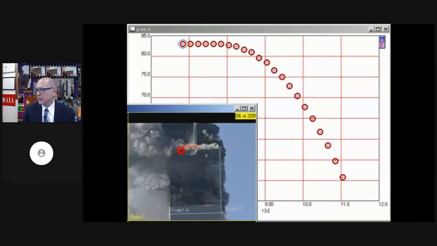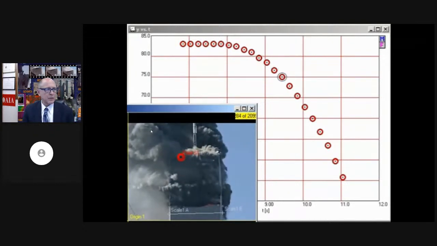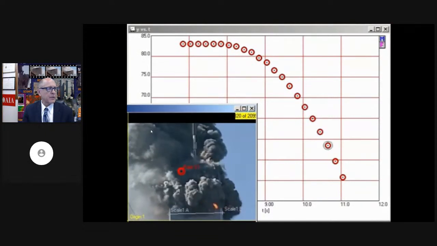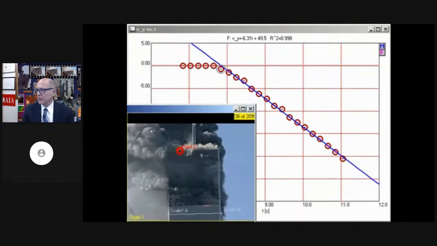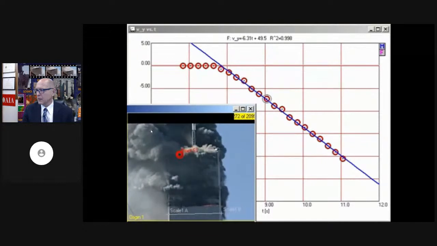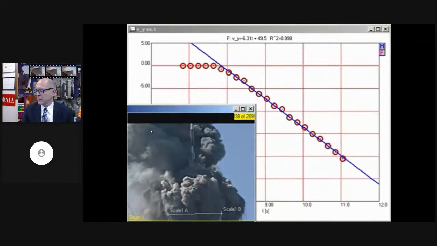We are here tracking the motion of the roofline at 0.2 second intervals through approximately 32 meters, or 8 stories. This graph shows the height of the roofline as a function of time. The analysis is simpler if we plot velocity as a function of time. On this kind of a graph, a straight line indicates constant acceleration. First note that there is a sudden onset of collapse, as the point we are tracking makes a sudden transition from being at rest to an approximately constant downward acceleration. The slope of the graph indicates that the acceleration is 6.31 meters per second squared downward, which is 64% of free fall.